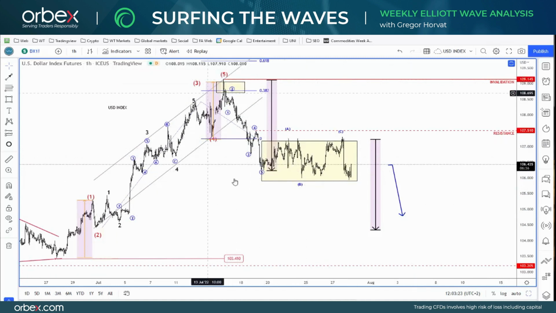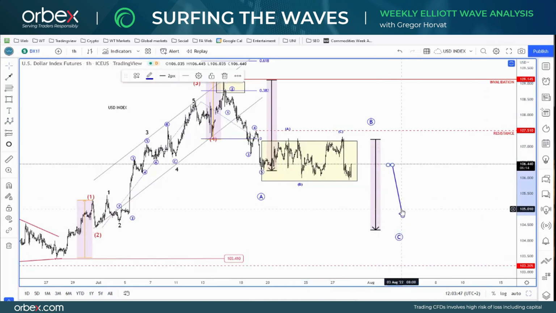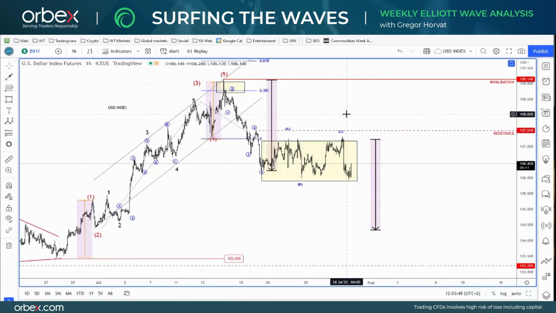Even if the whole pullback here will be corrective at some point, we will continue back to the upside, back to a new high of this year, but you still need to see 3 waves down, an ABC formation. So you can still expect the market to unfold something like this. I think that 104.50, 105 is still a very valid downside target for this market, and at the same time, obviously, other currencies such as the euro or especially commodity currencies could stay strong.